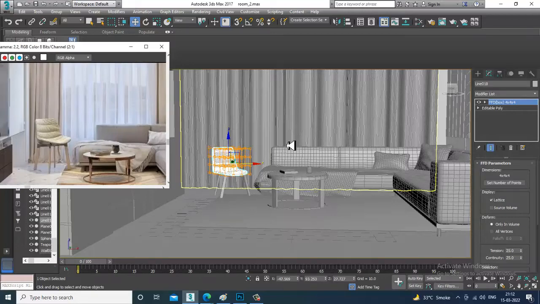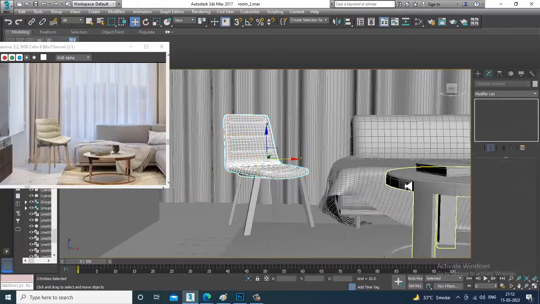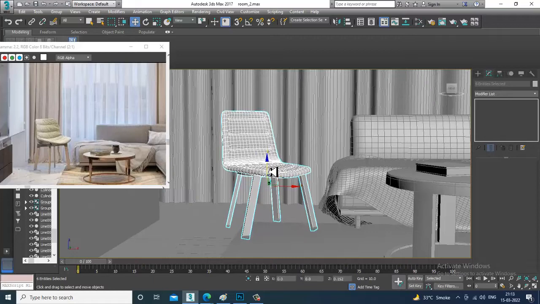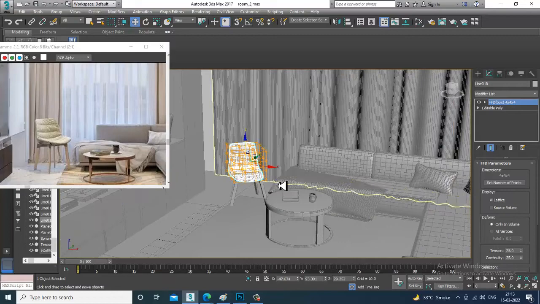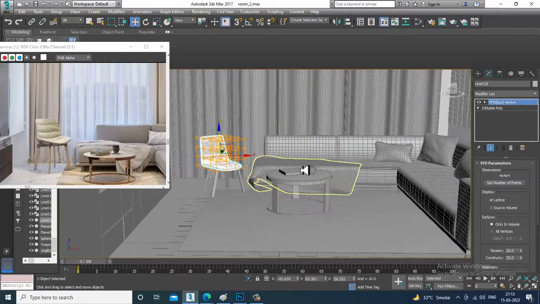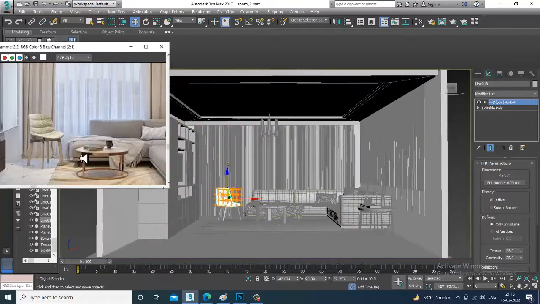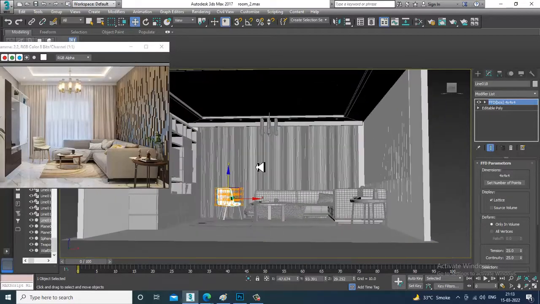So if you want, you can slightly increase the size of it. So let's just press R and you can just scale it and increase the size, not a problem. Alright, so save your file once. So now what we'll be doing over here is we'll be starting up with the texturing part for this particular